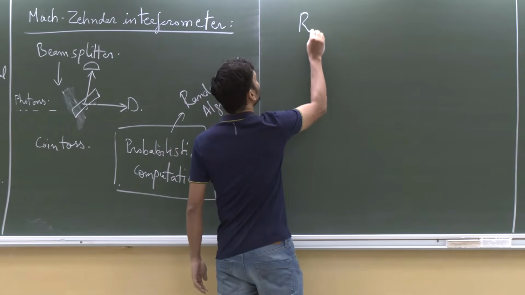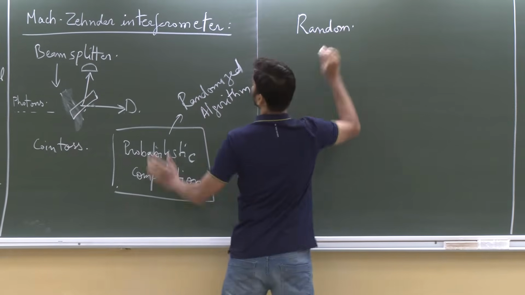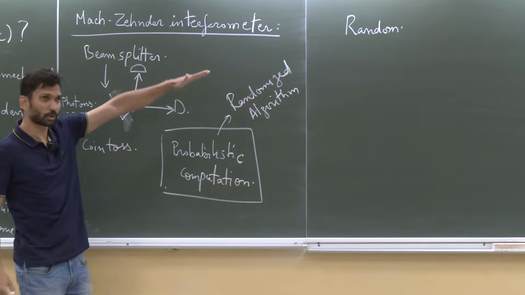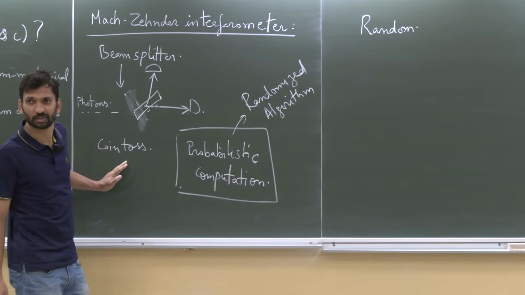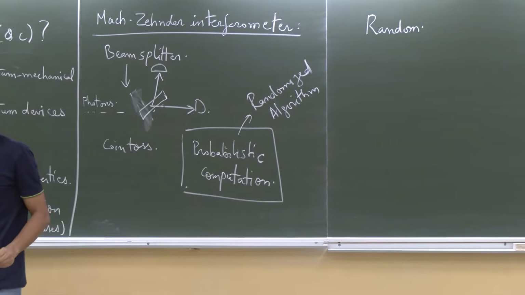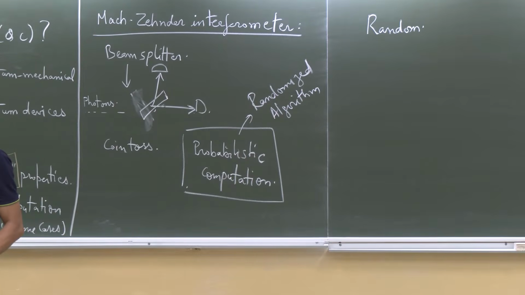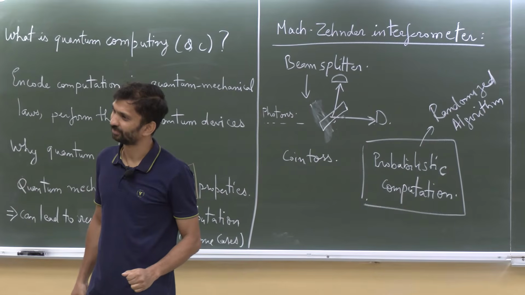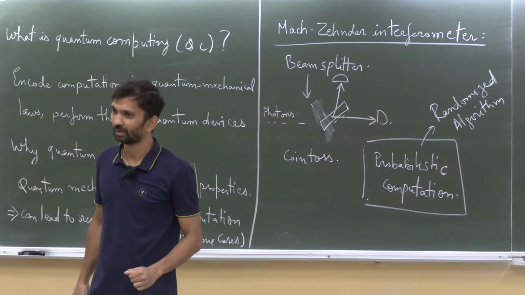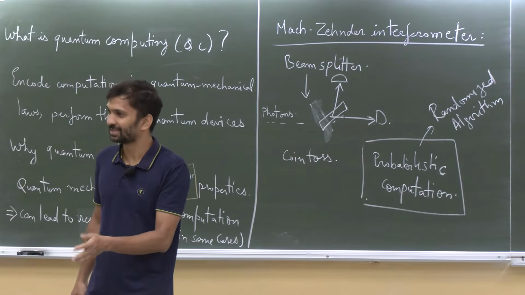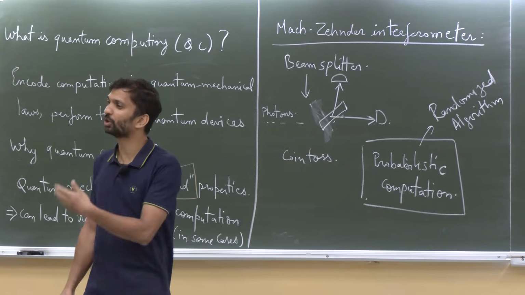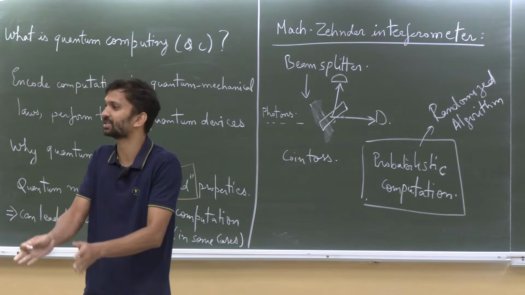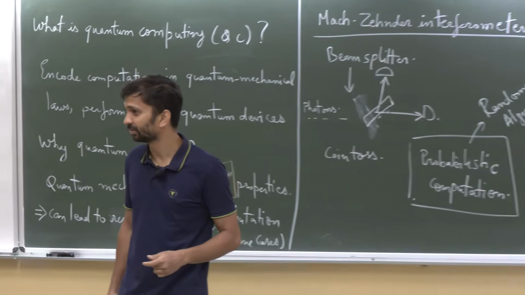Randomized algorithms, again, we will stop, we take a detour, we finish randomized algorithms, we will come back to the Mach-Zehnder interferometer. Yes? Sir, is it so that we first conducted the experiment and then became unfocused randomly? So the exact order I can't say, but many of these were thought experiments, and later people actually did the experiments and showed that yes, this is indeed happening.